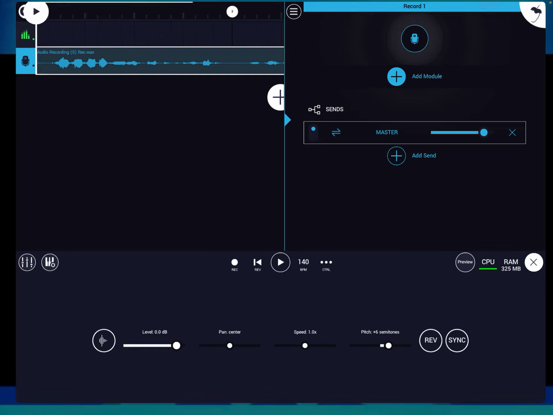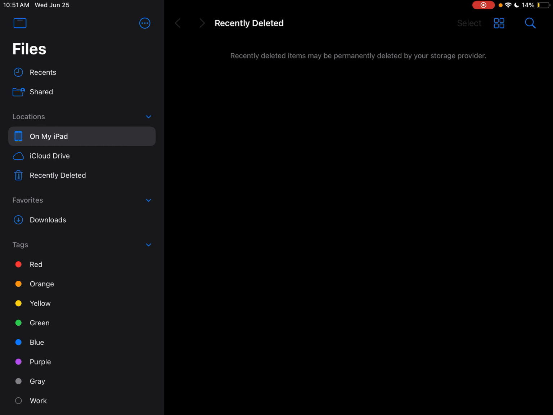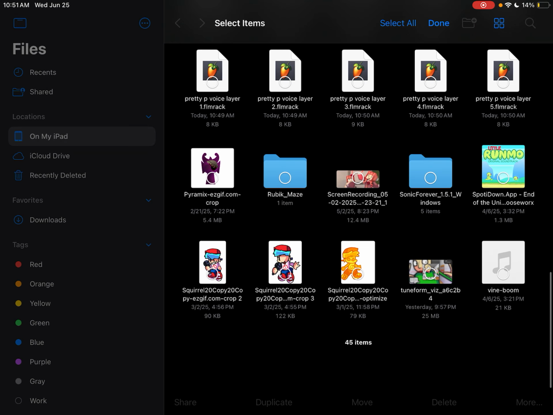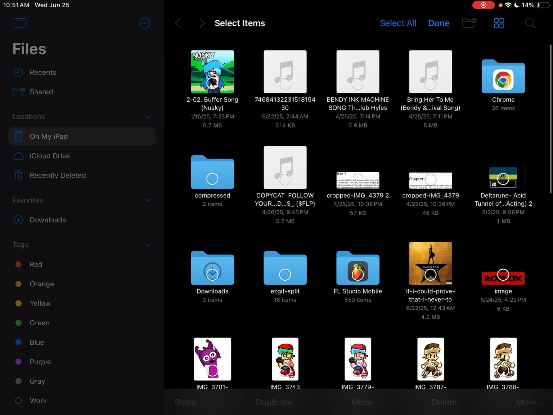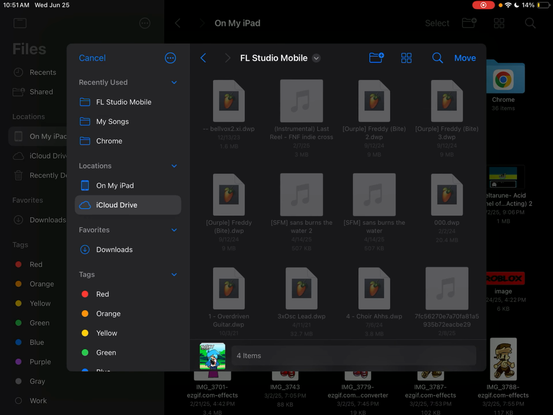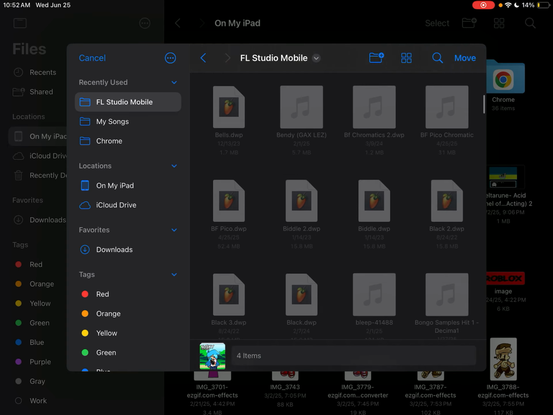Okay, so first you need to go into your files. Then you select the rack presets you downloaded, which I don't have. So for example, imagine these are rack presets. So you move them, you go to FL Studio, you scroll down,